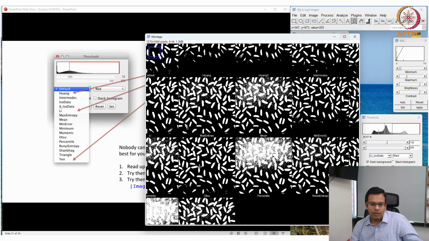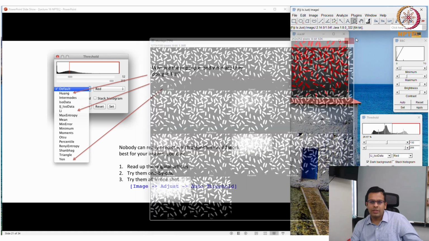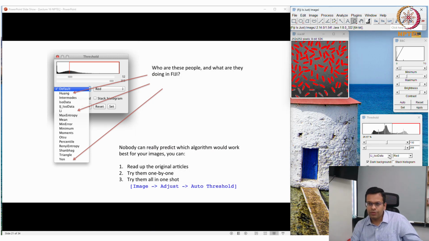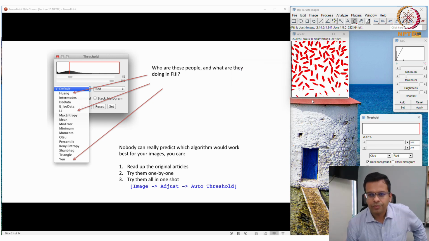So close this, and now you know that the Otsu algorithm works well. In the thresholding window, you can select the Otsu algorithm here for your detection, and using the Otsu algorithm, you can identify your rice grains.